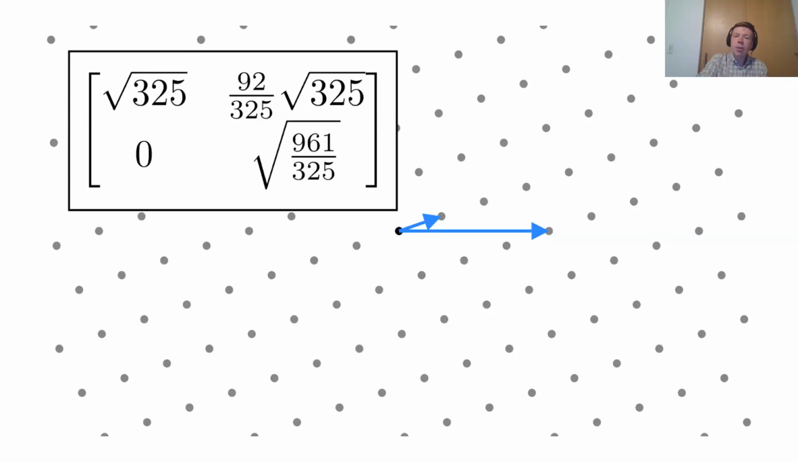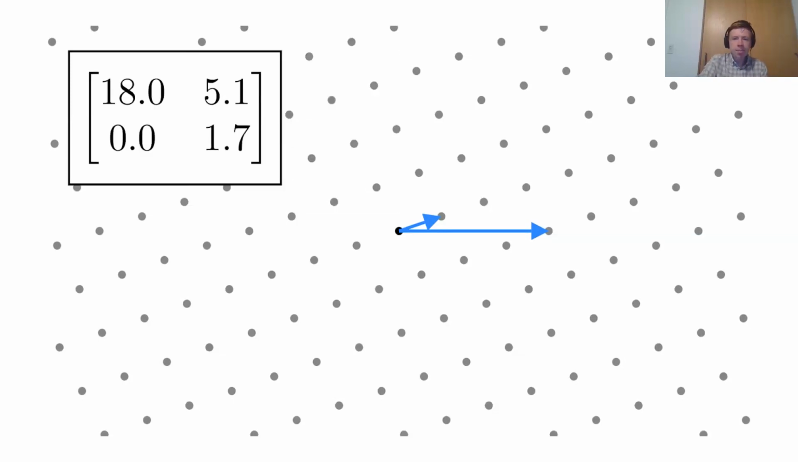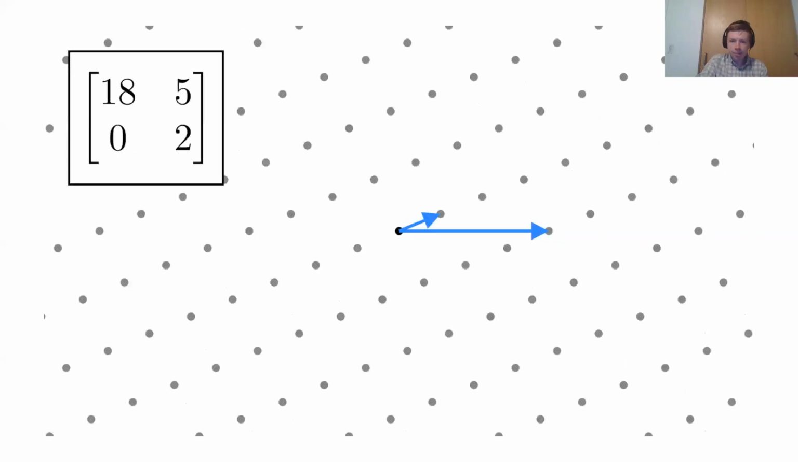It's probably fine with this amount of rounding. It probably doesn't matter, but there is that small difference between the two lattices. If we take this idea even further and round these bases even more,